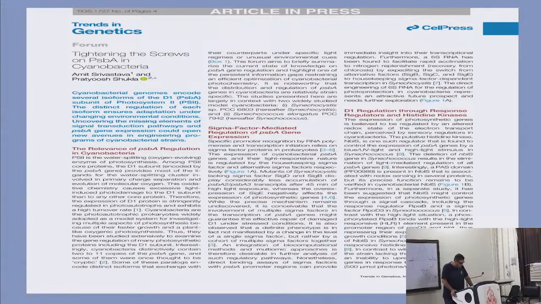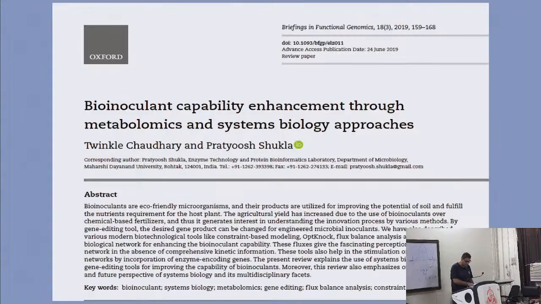And what is the use of all this technique is that these specific cyanobacteria are controlling a lot of other applications, especially the photosynthetic capability of the cyanobacteria, metabolite production in the cyanobacteria, and also the production of various other metabolites. This is also one review which I have shown you about bioinoculant capability, for those who are working